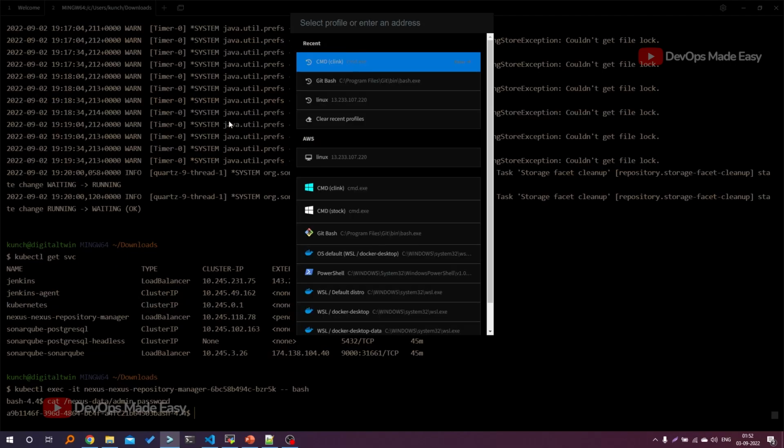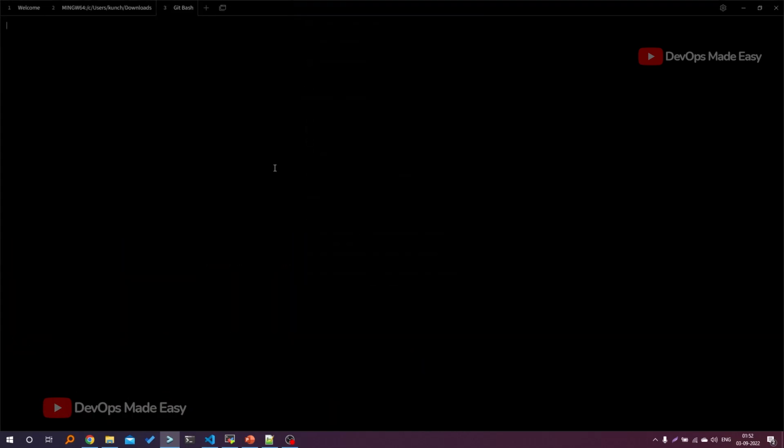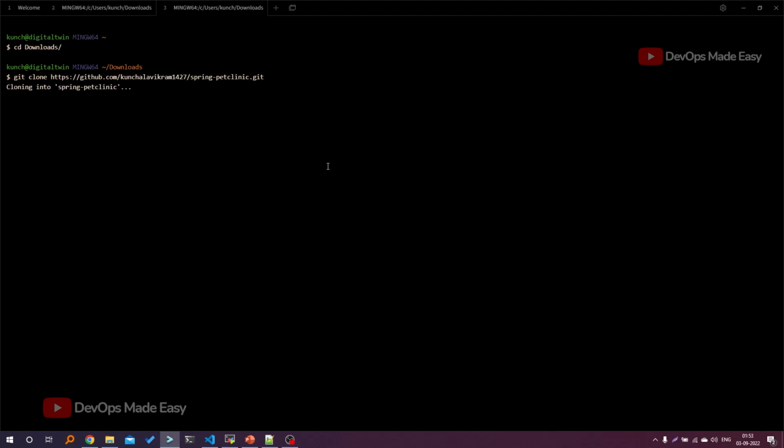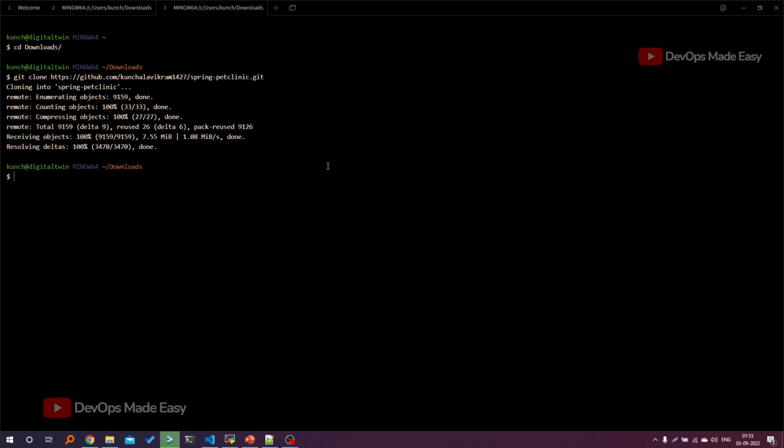I'm going to open a new tab, and under the downloads folder, I'm going to use git clone and the name of the Spring Petclinic project. It's a very big project, so it takes some time to actually clone. Then I'm using VS Code to open the Spring Petclinic project,